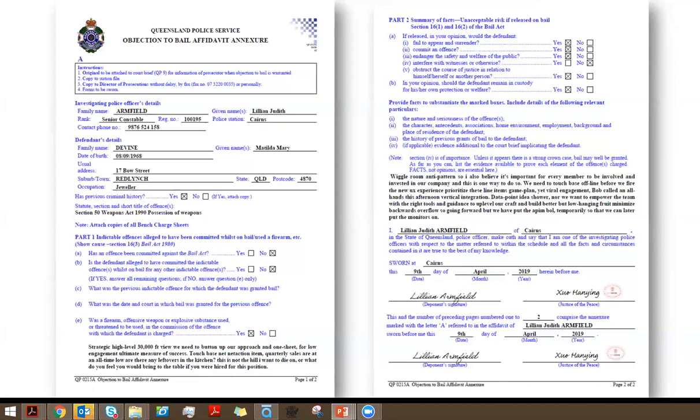It will also have any history of any previous grants of bail or any other evidence that shows the nature and the seriousness of the offence and why Matilda is deemed to be a threat to the Queensland community. So it is a solemn document, and again you would have to swear, the deponent, the senior constable,